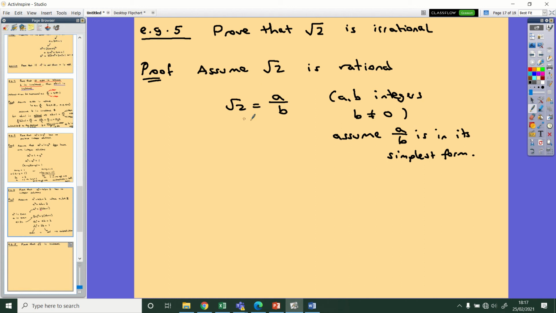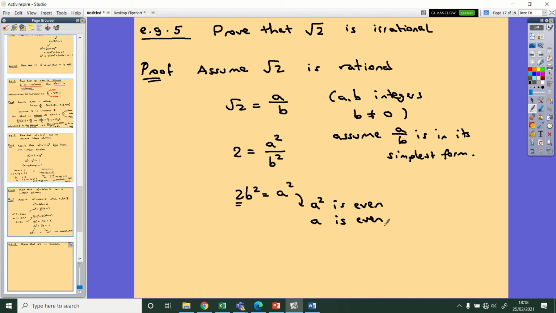Now we're going to play about with this and see what we can do with it to derive a contradiction. So I'm going to firstly square both sides. If I square both sides, I get 2 equals a squared over b squared. And then to clear denominators, I'm going to times by b squared. So 2b squared equals a squared. Now we're going to continue similarly to how we did the previous example. So this 2 here is showing that a squared is even because it's a multiple of 2. But then we know that if a squared is even, then the thing that got squared is even, so a